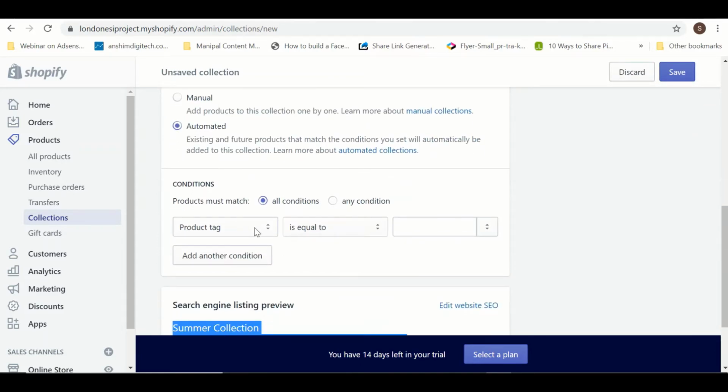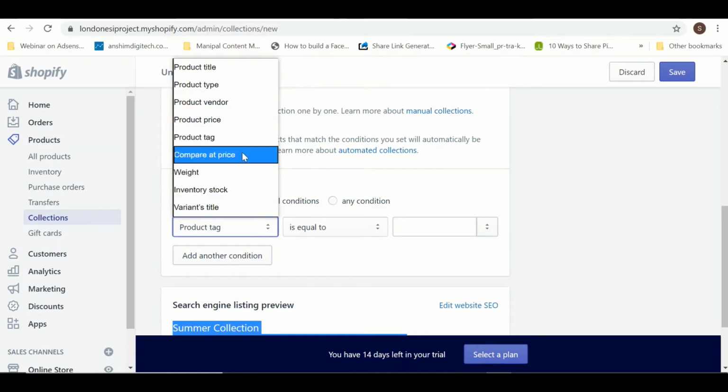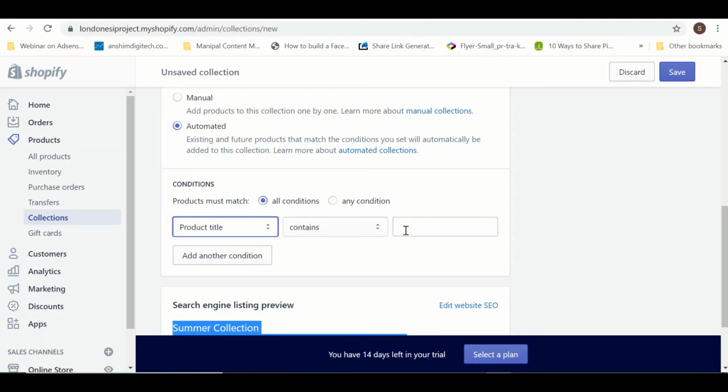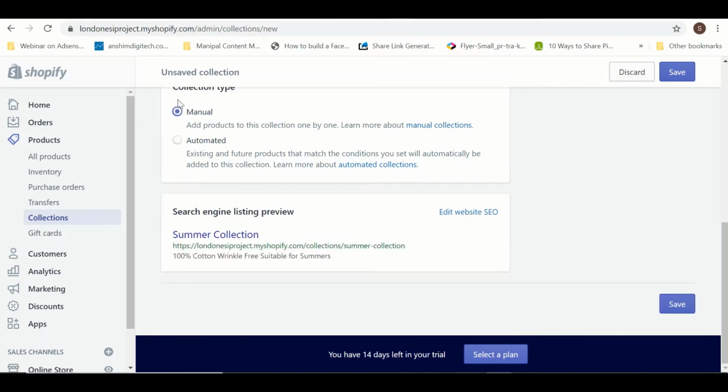Okay, so the product tag you have to provide. So you can say that product title. Right now I have not created the product title, so I will say manual. This is only applied when you have already added the products, right? So I will first of all say manual and I will just click on save.